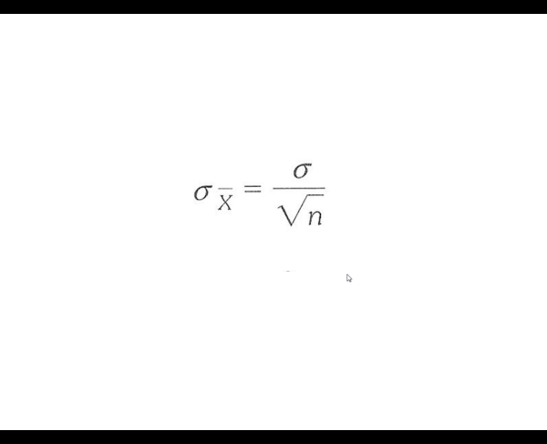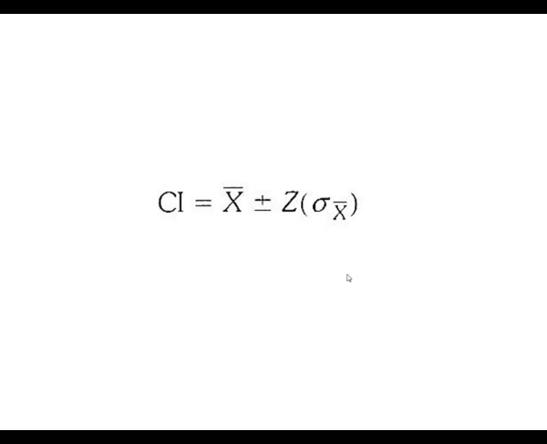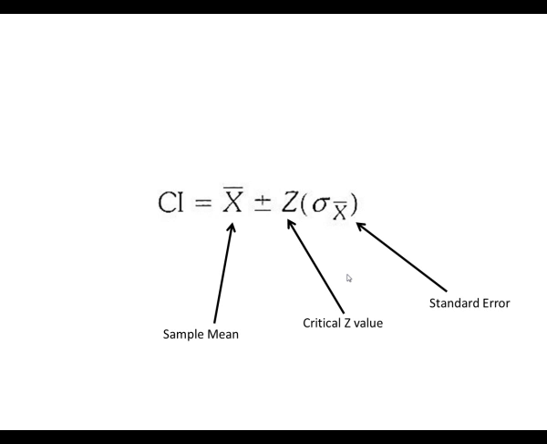So, what is a confidence interval? A confidence interval is a range of values around a point estimate of a statistic in which we possess a certain level of confidence that we have captured the population mean. Returning back to the formula, when we multiply the z-score that represents 95% of the area around the mean and multiply this value by the standard error,